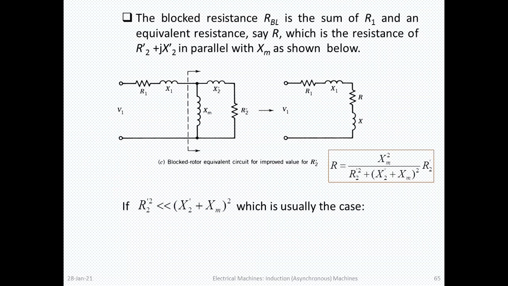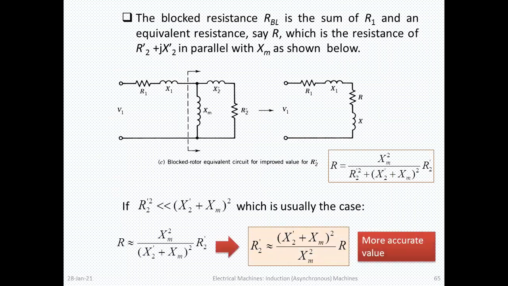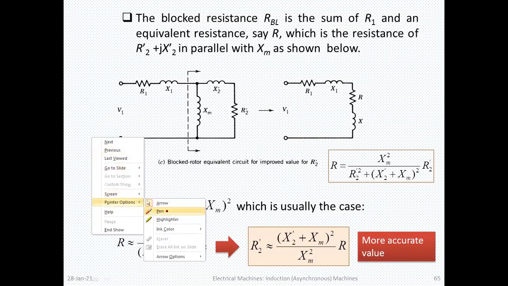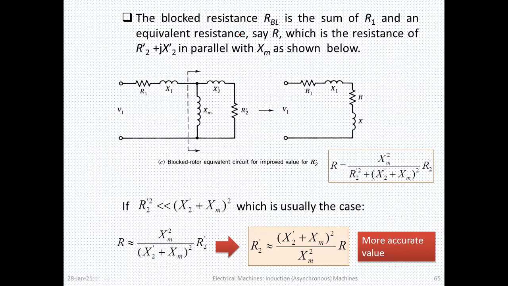So we can see here, this is a diagram that we can very easily understand by seeing the equivalent circuit of the induction motor. In the blocked rotor test, the resistance R_BL is the sum of R1 and an equivalent resistance, say R, which is the resistance of R2 dash plus jX2 dash in parallel with Xm, as shown. So here we see this is our X. Here it is R2 dash, because generally we have the relation R2 dash by s, but for